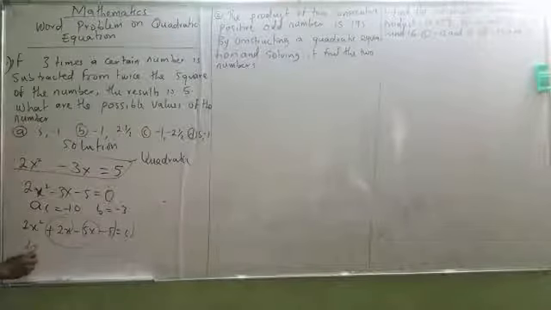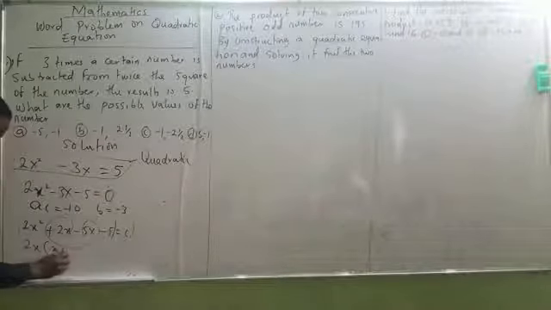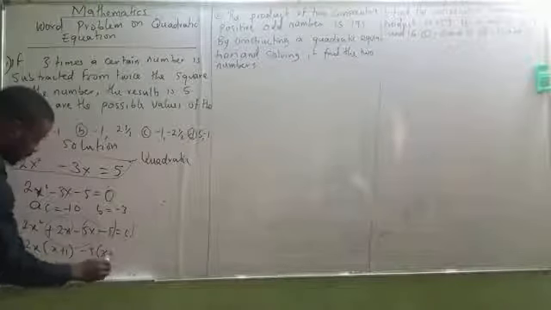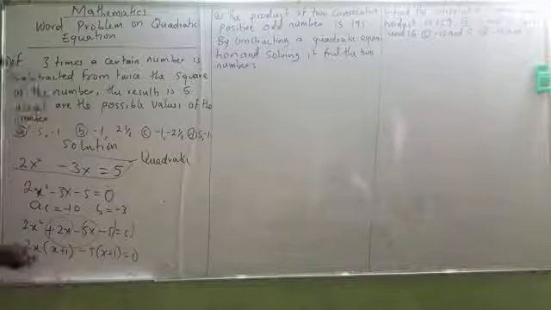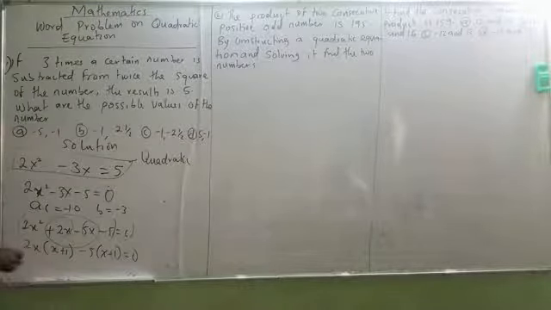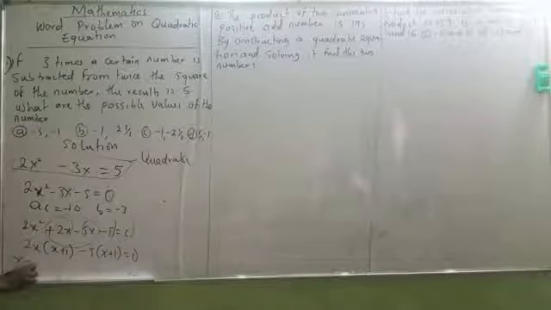I have 2x, which I have x plus 1. In the second group, I have minus 5, x plus 1, which equals 0. This must be equal to this. That is two like things we mean. We have done that earlier in our history. It means my x will be equal to